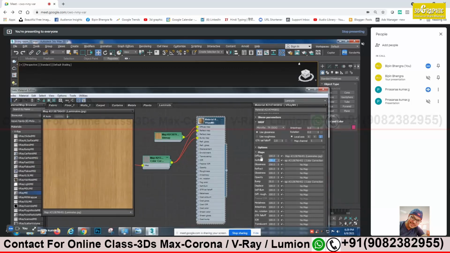Supposing I am giving some 50%, then it will be less reflective. So I should leave it at 100 now. Leave it at 100. Yes. And the bump should be 30 or more, sir. If you are looking for more visibility of the grains, then I have to give more bump. Otherwise, 30, or you can even reduce it to 10. Okay. So that's all for the laminates, for the wardrobes and kitchen laminates.